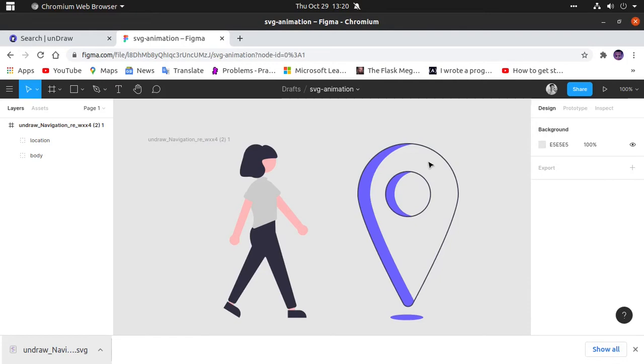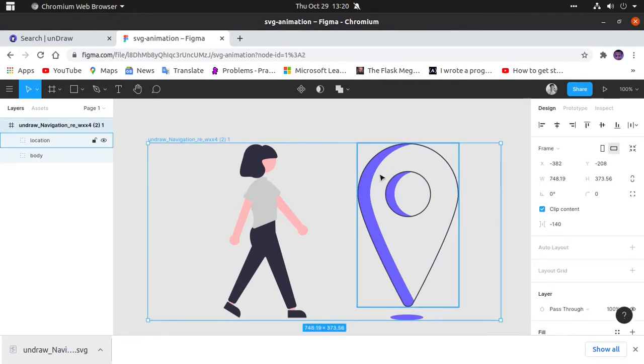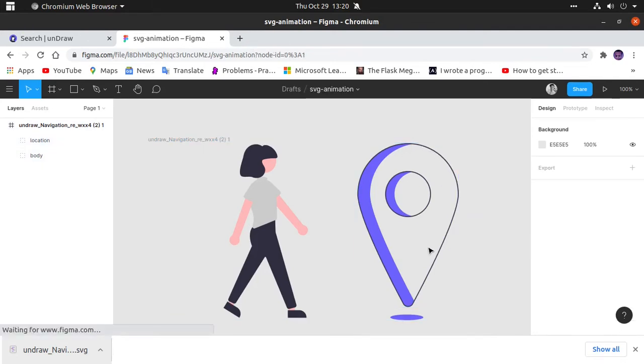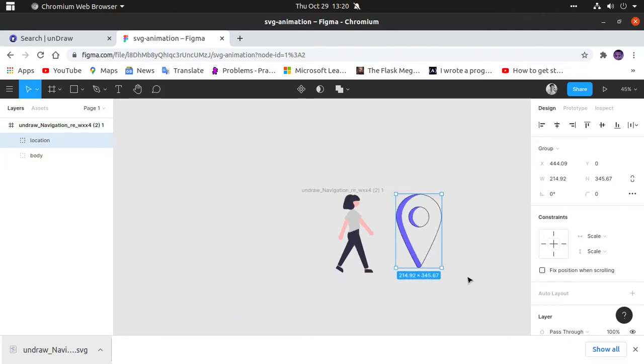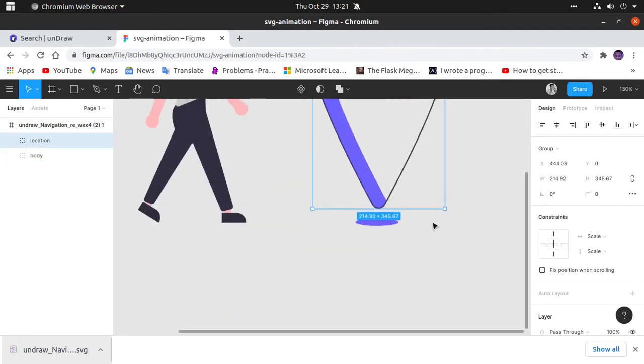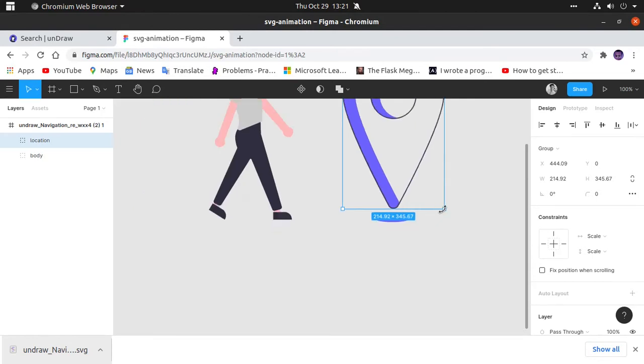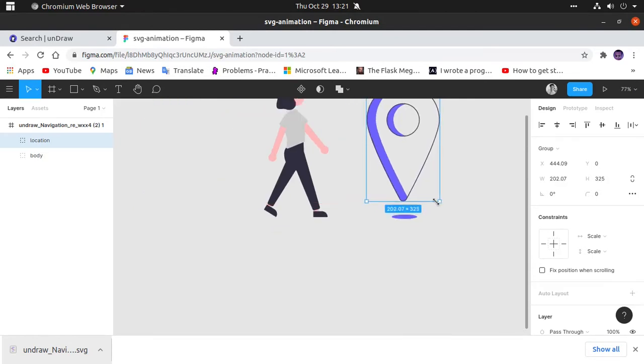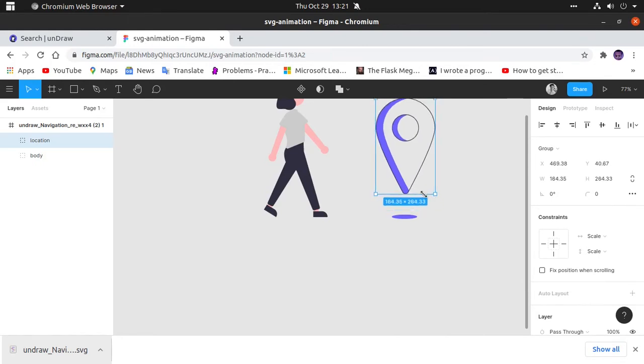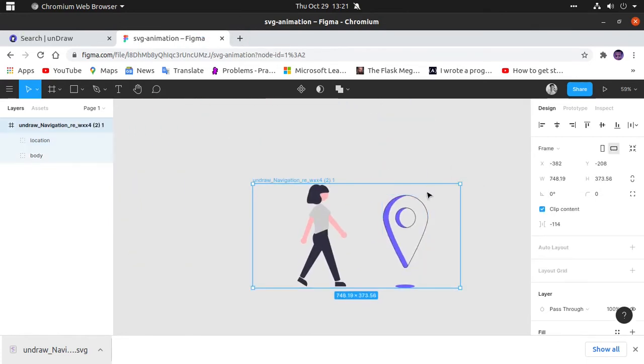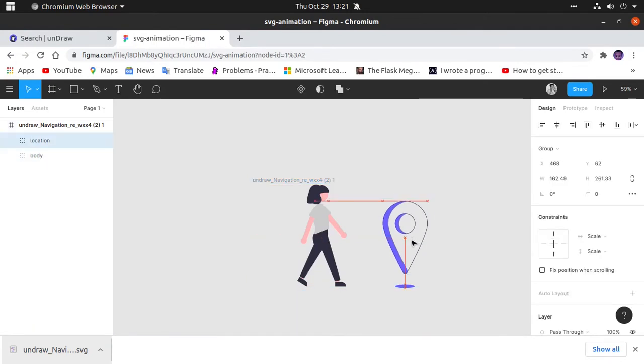So what should I do? I want to make this location a little bit small, because wherever I put it, it will always go out of this part. So I'll select this group location, and coming here, I'll hold shift and alt, two buttons you have to click together, and just drag it. It will scale in this way. Now you can see it is inside. If you want to drag it down or up, it's your wish.